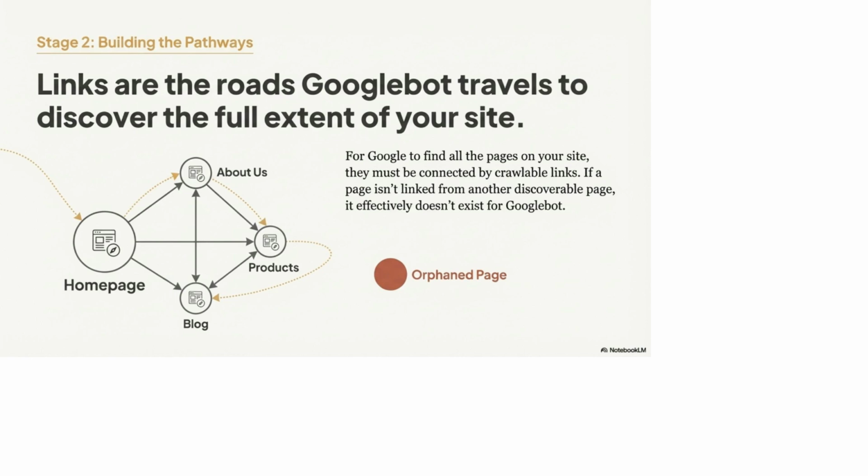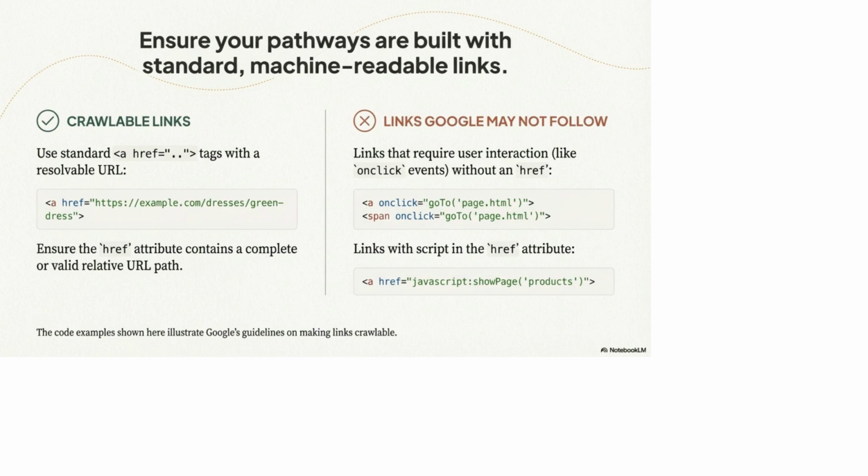Stage 2 is crawling, where links are the roads Googlebot travels to discover your site. All pages must be connected by crawlable links. Otherwise, an orphaned page effectively doesn't exist for Googlebot. Ensure your pathways are built with standard, machine-readable links. Use standard <a href=""> tags with a resolvable URL, and ensure the href attribute contains a complete or valid